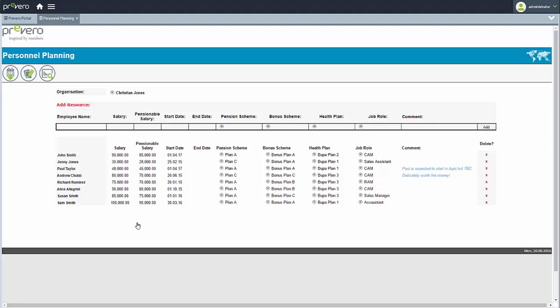You may have more columns, less columns, call them different things. They may be driving different things in your particular plan. It's entirely up to you. But with Prevero, we provide a flexible approach to HR planning. Where we have the pension scheme, for example, or the health plan, we may have different costs and different contribution rates apportioned to